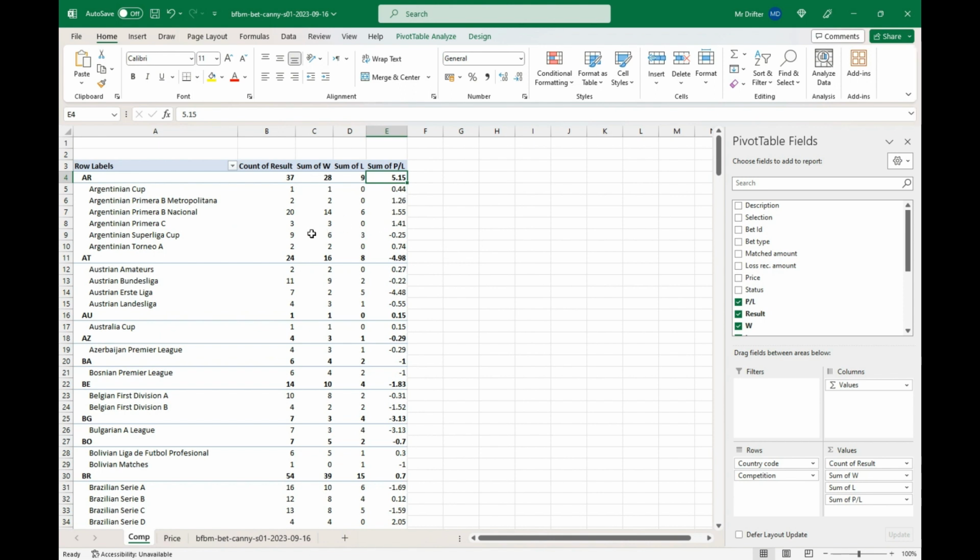By the same token here, you can see we've had 11 bets on this league. We've won 9 and lost 2, which is a better percentage than this year, but we're actually 22 pence down. The reason for that must be because these bets here have had a better price, and these ones have had a worse price. And one thing you can do within pivot tables in Excel, and I'll show you that now,